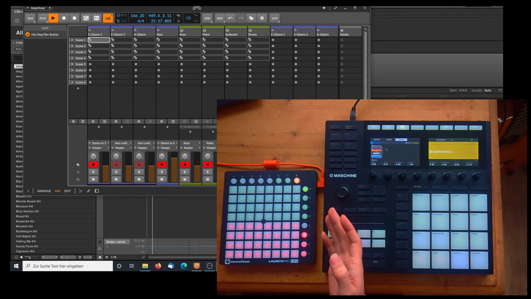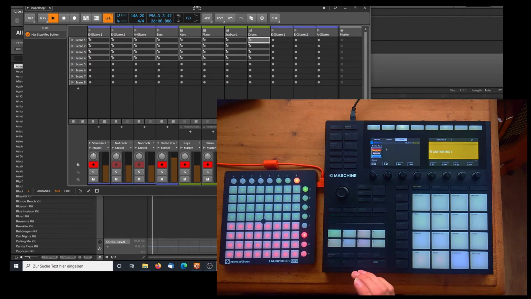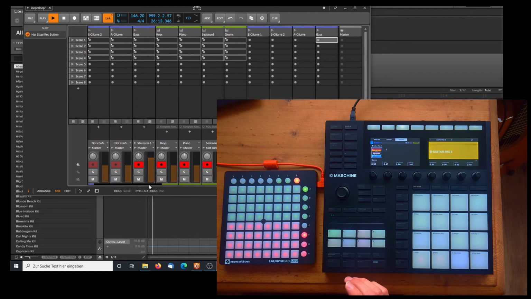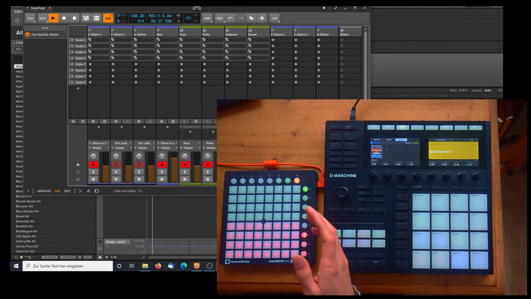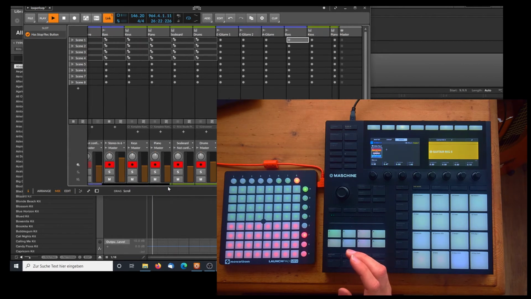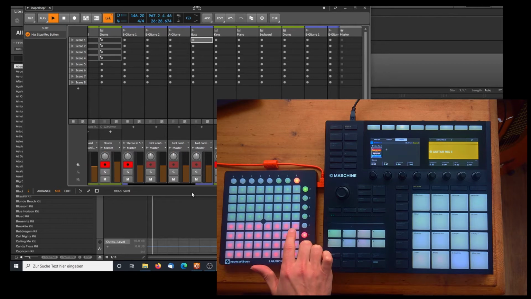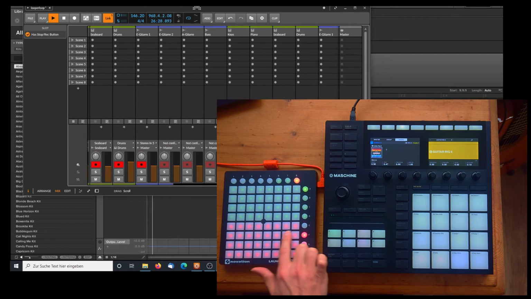So the columns on my Launchpad represent one of the 8 tracks. Now the trick is that there are more than 8 tracks in Bitwig. The upper 4 rows on my Launchpad, the green ones, they control track 1 till 8, but only the first 4 scenes. I then duplicated these 8 tracks a few times, and now the red row on the top controls the first set of duplicated tracks, then the next ones,